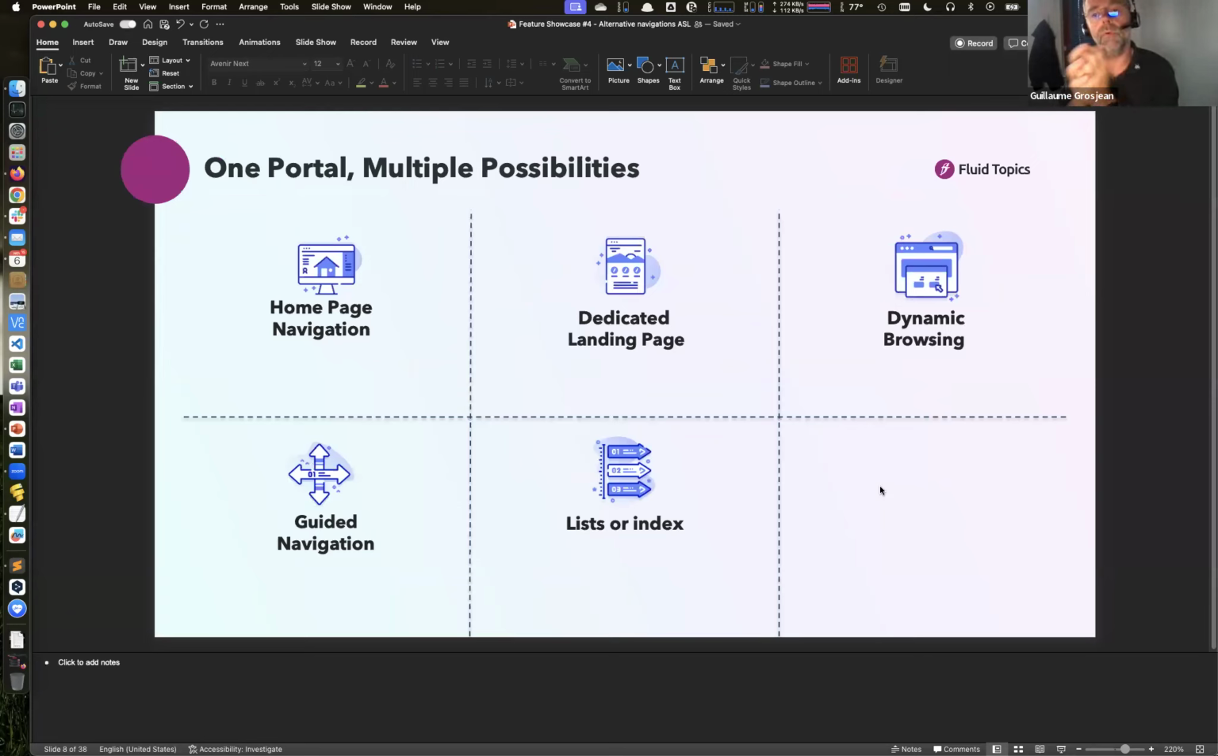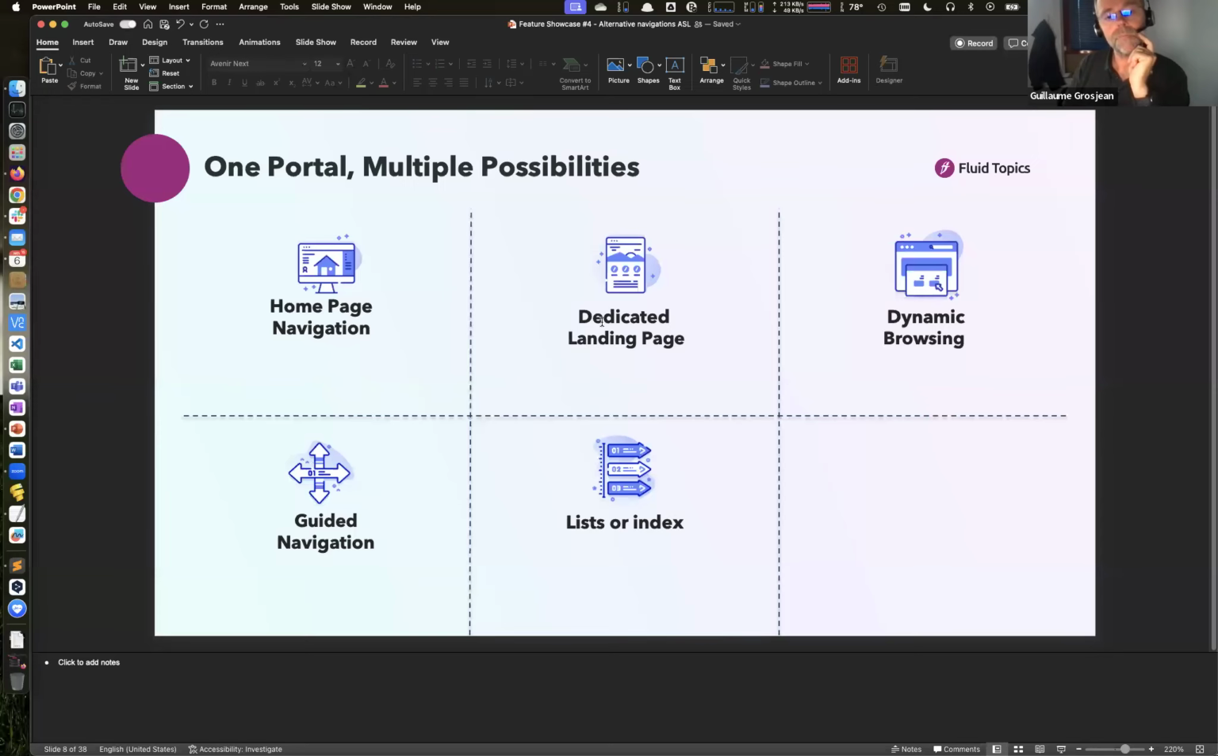I will show you several examples. For the first part, what you can build on your home page. The second part will be the dedicated landing page. When you have multiple products, it can be very interesting to create a dedicated landing page for each product. The third part will be what we call dynamic browsing, mostly based on taxonomies of product